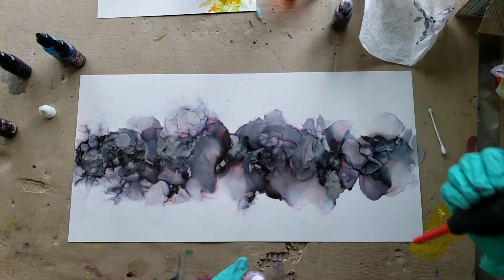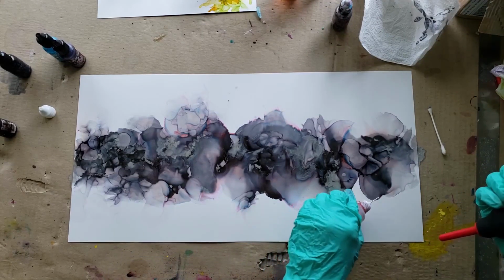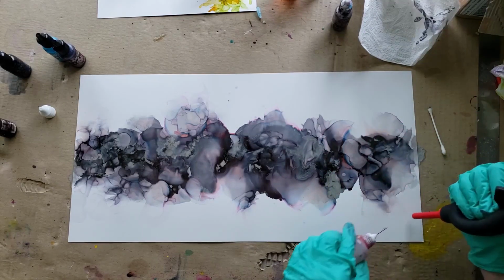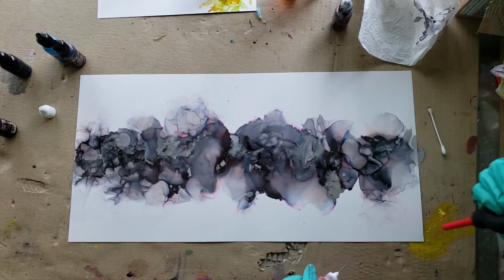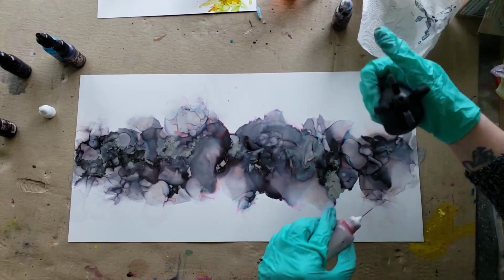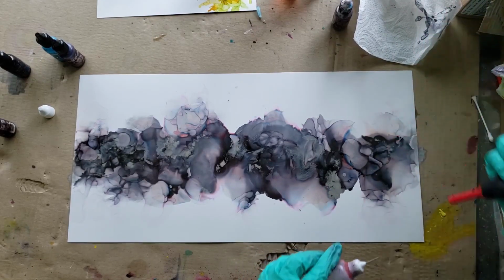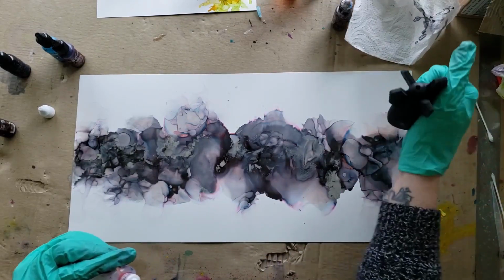Breaking up still some of the larger black areas, or areas where there's a little too much solid color. I just like to break it up just a little bit. And this is where you get all these interesting blooms and lines and texture that comes in between the colors, by continuing to add the alcohol and working the ink. Even though it seems to have dried, it's always reworkable, which I actually really like about it. And it took me a long time to get used to that, but it is actually something that I love about it right now. Some people argue differently, but for me, it's the beauty of the inks. And once you learn how to use them,